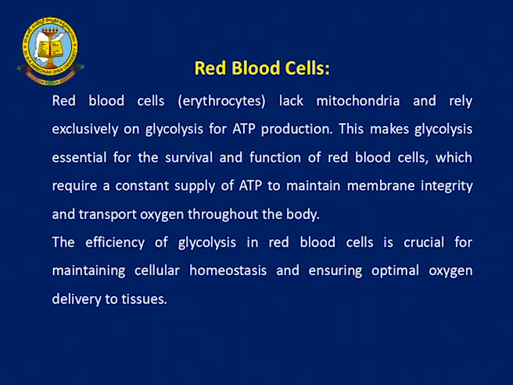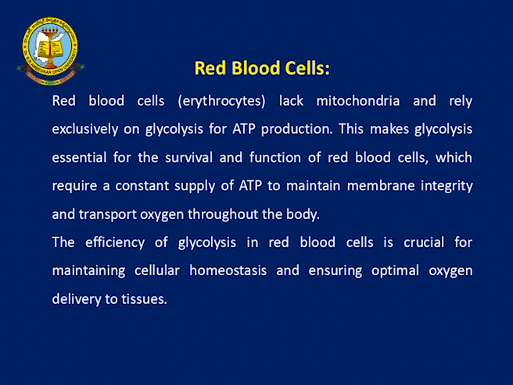Now, blood cells: what is the role of glycolysis in the blood cells? The erythrocytes lack mitochondria and rely exclusively on glycolysis for ATP production. This makes glycolysis essential for the survival and function of red blood cells, which require a constant supply of ATP to maintain membrane integrity